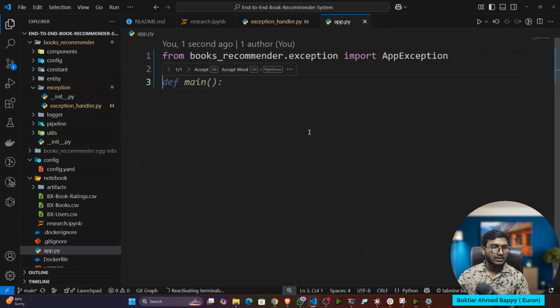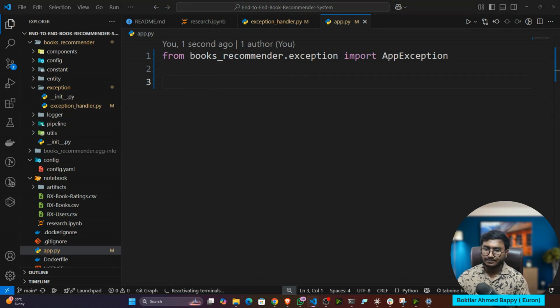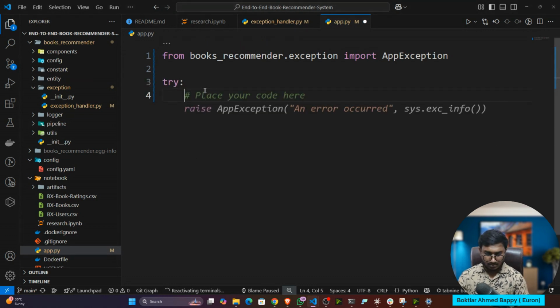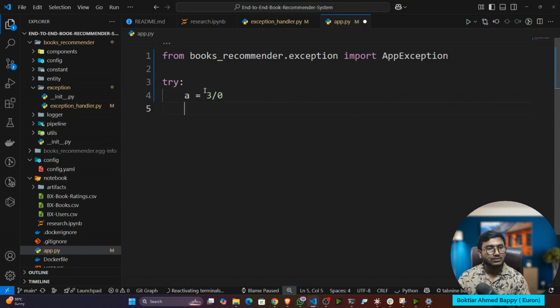Okay, now let's say if I make some mistake, let's say I'll just write like that. Write try, a is equal to 3 divided by 0. And here I'll write except Exception as e.